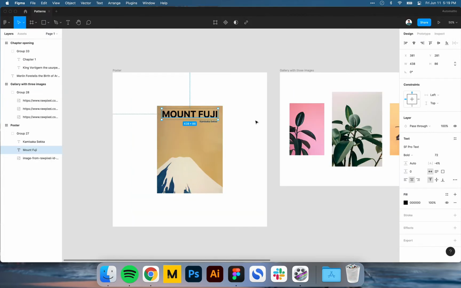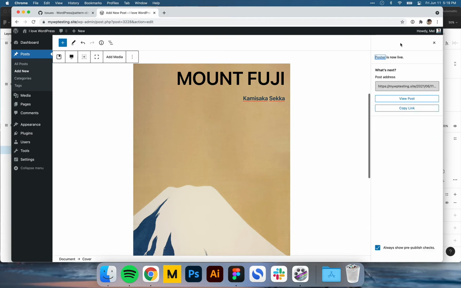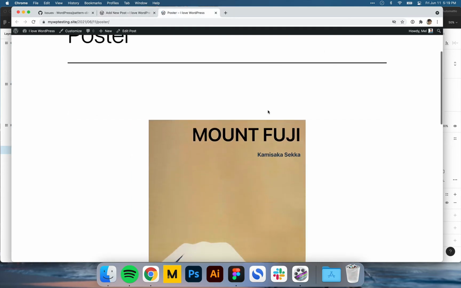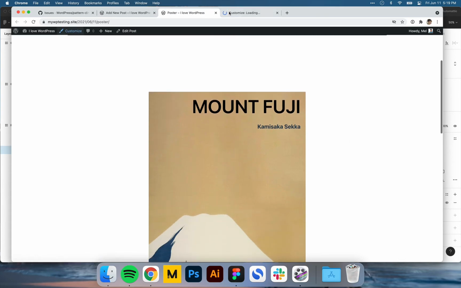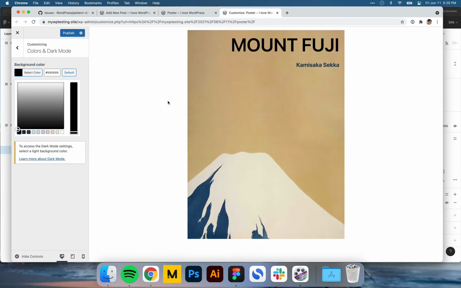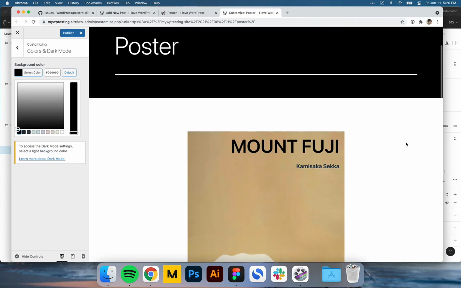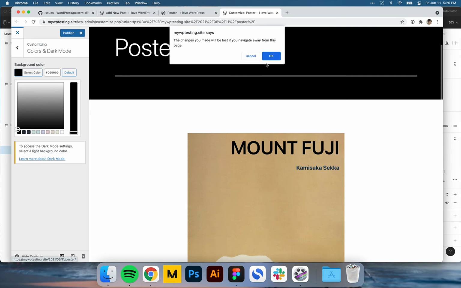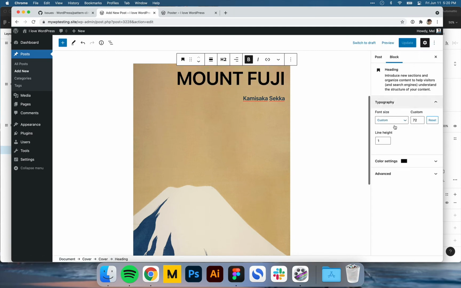It still has a cool poster effect, and I'm not afraid to make design compromises when it comes to implementing this stuff, especially since I don't have to write any code for it, which is fantastic for me. So let's publish, just take a look. So I think this looks pretty cool, especially if we look at changing the background color to something else, we still get that white frame around it that gives it that artistic feel. And you know what? I might just tighten this up just a little bit more.